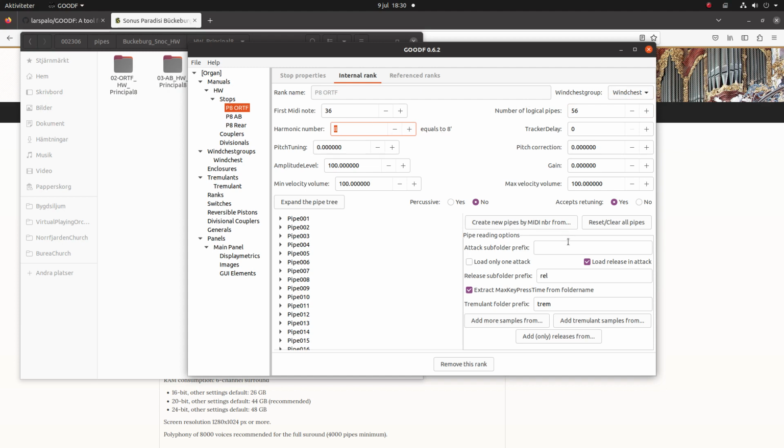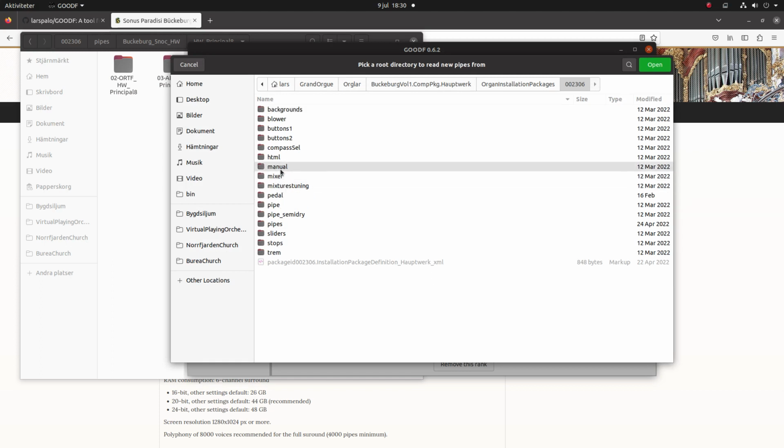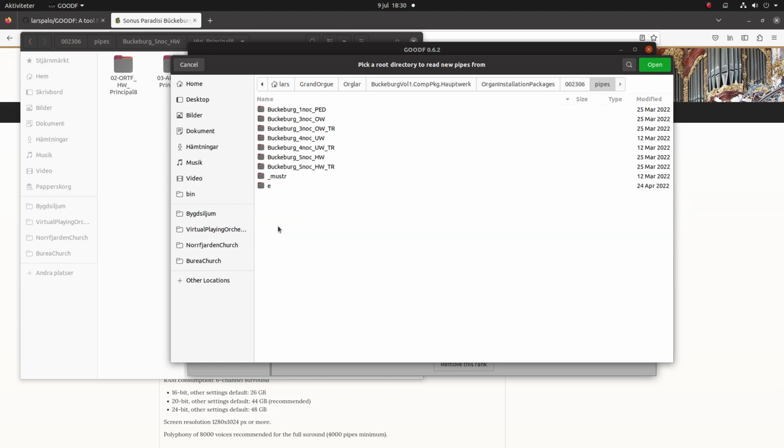So I don't want to load the release in the attack, so I will uncheck that, and I don't want to try to read tremulant samples from the subfolder, because there are no real samples there, so I will empty this. So now I can create the MIDI pipes, and for that I browse into the folder I want to use,